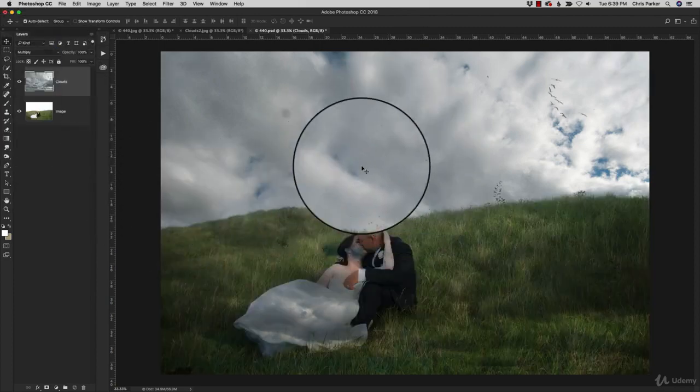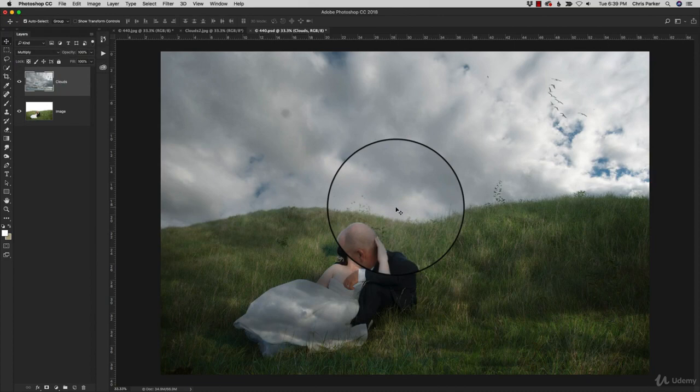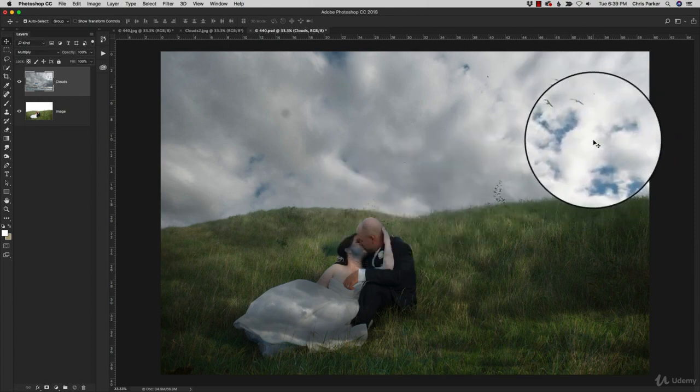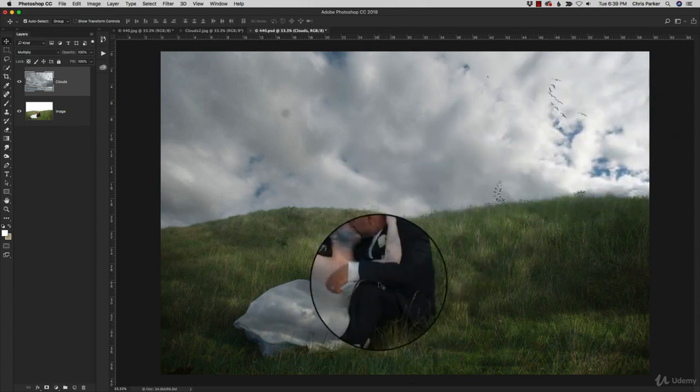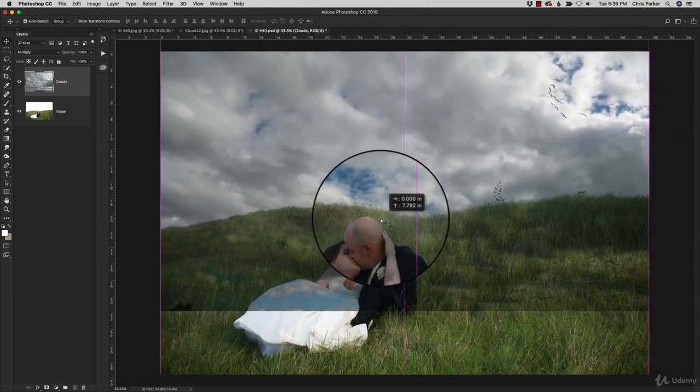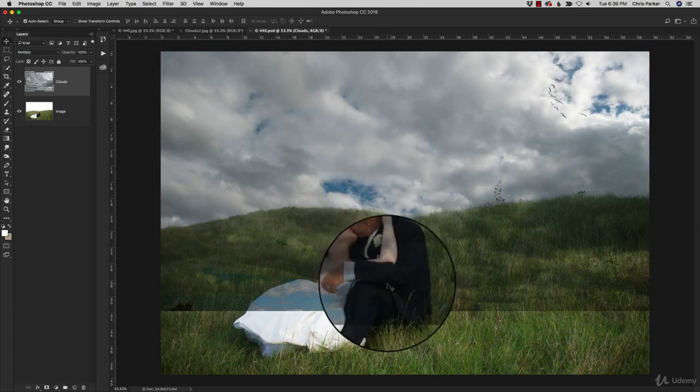So right there, you can see that the layer is now in place of that white background. But like I mentioned, this is too intense, so we need to select part of the cloud image to match the rest of the photo. So I'm going to drag that up,